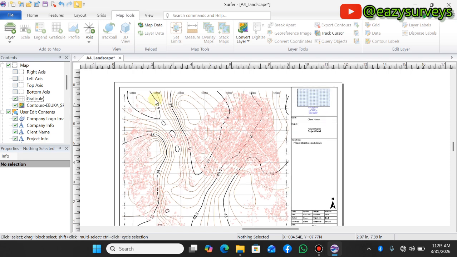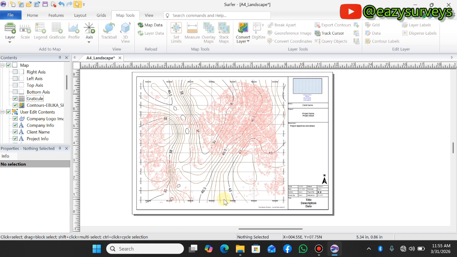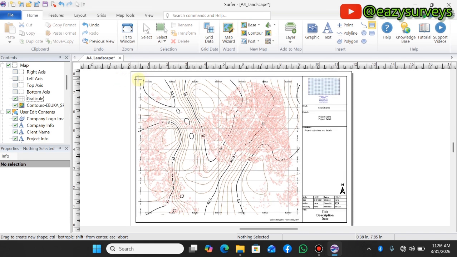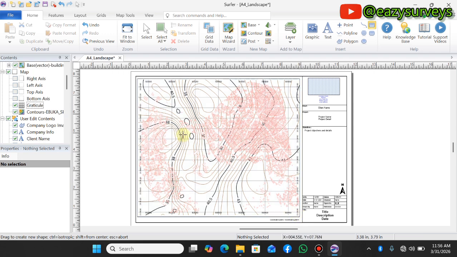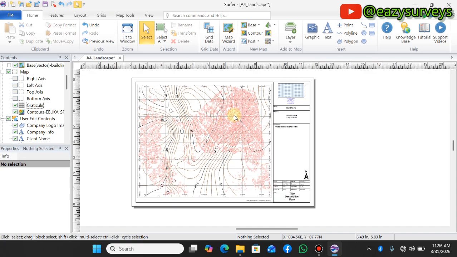One more thing you have to take note of is you can add a layout onto your drawing to make it much more okay. By coming to your home tab, then you click on this rectangle symbol here, click on that, then you can have a layout that you are going to draw. So click and make it much more professionally pleasing, then you click on escape when you are done. So I have added a layout, and this